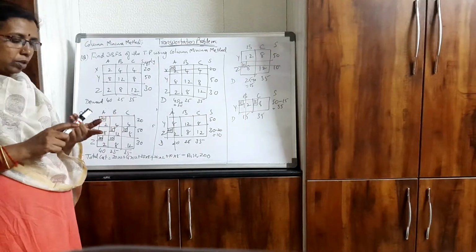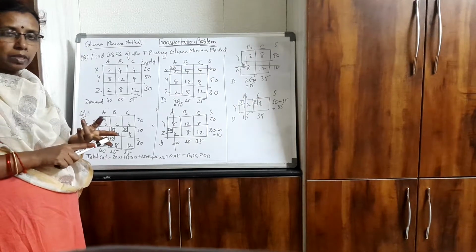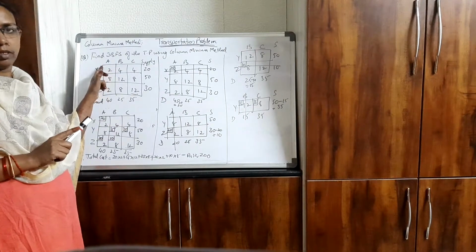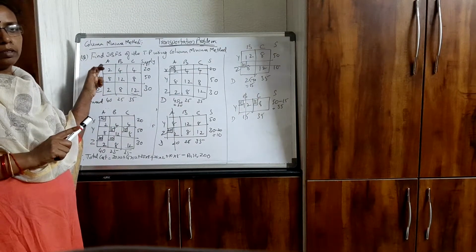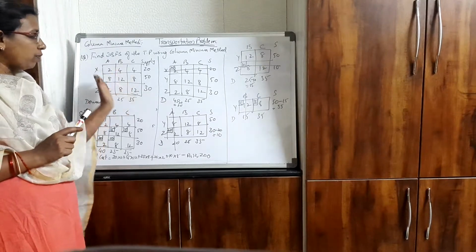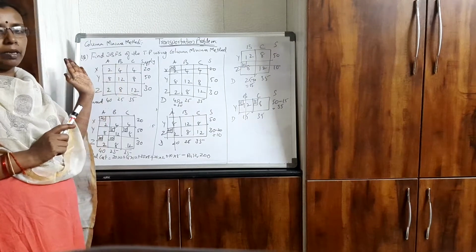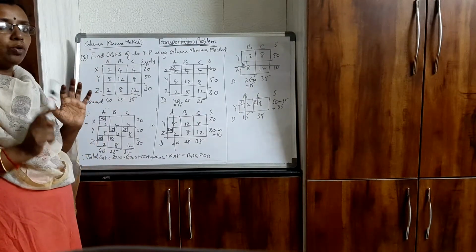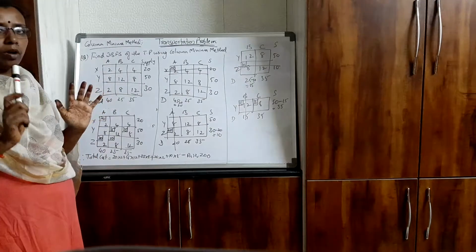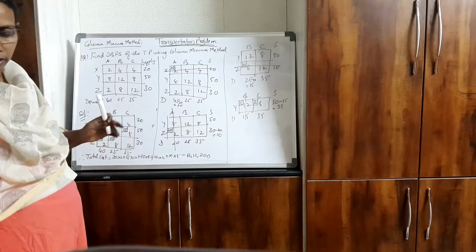We have discussed northwest corner method and matrix minima method. In northwest corner, we will take the upper corner element for allocation. In matrix minima method, we will take the minimum of all the elements and allocate it. In row minima method, we will take the minimum of the first row. And in column minima method, we will take the minimum of the first column and start the allocation.